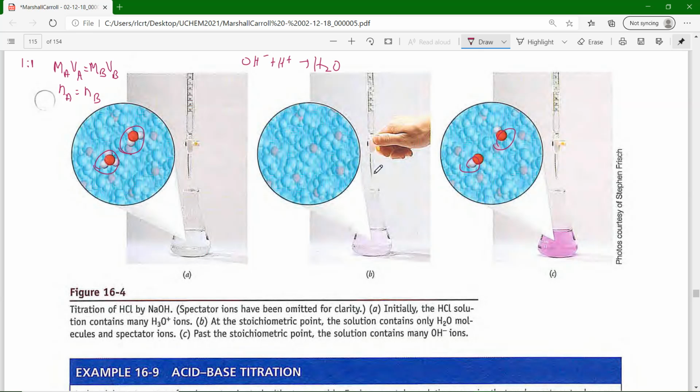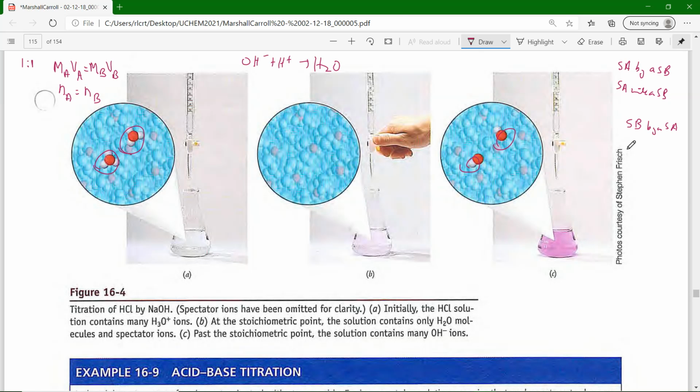These pictures here are all a strong acid being titrated by a strong base. Some people write strong acid with a strong base. I don't like that wording. I think "by" is better. So that means the strong acid is in the Erlenmeyer flask and the strong base is in the burette. Other ones we'll see in this section are a strong base by a strong acid,